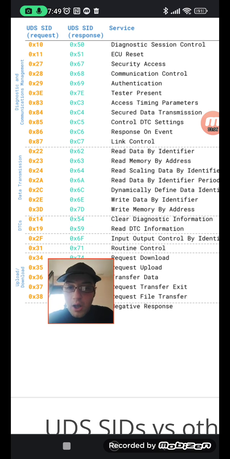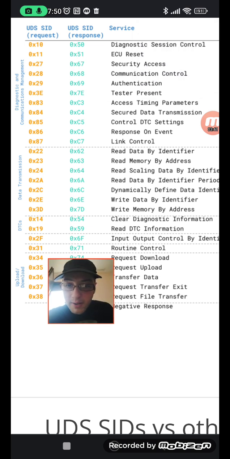Read the ignition. When we send the request, that means we sent 0x22 0x02, and after that the ECU receives it, checks if it supports this function, and returns to us a positive response. That means that the response will be 0x62, because the positive response is always the request plus 40. That means 0x22 plus 40 equals 0x62. A positive response means the function is supported, the memory will be read, and the information returned. Therefore the response becomes